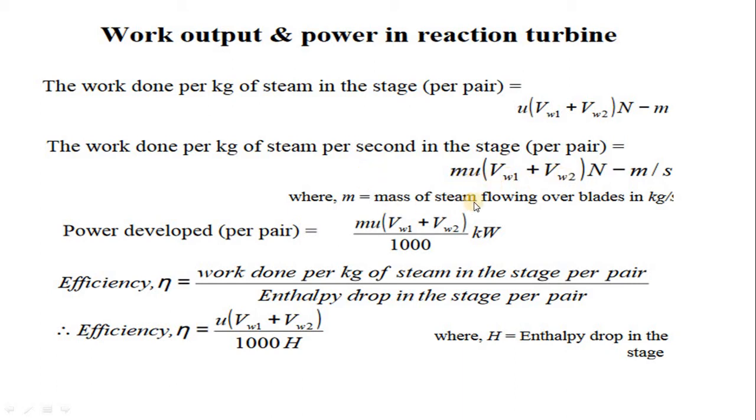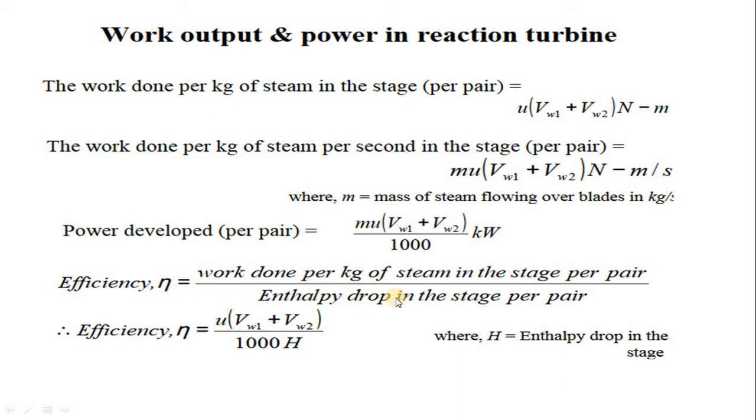M stands for the mass of the steam flowing through the blade, and here you will get the power if you want it in kilowatt: m into U (Vw1 plus Vw2) upon 1000. The 1000 is used to convert watt into kilowatt, since Newton meter per second is nothing but watt. Here I just converted it into kilowatt, and this is the efficiency of the reaction turbine, that is work done upon